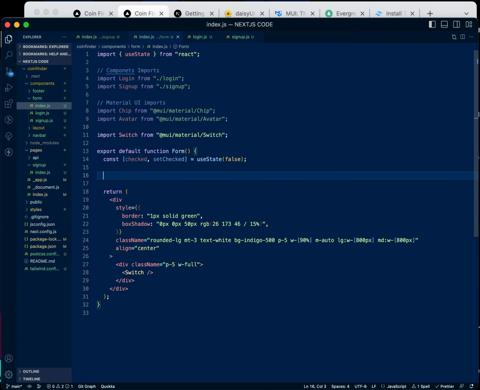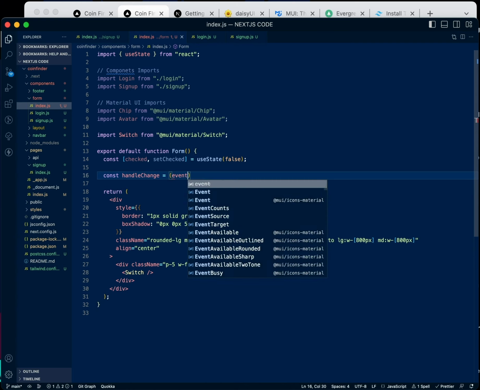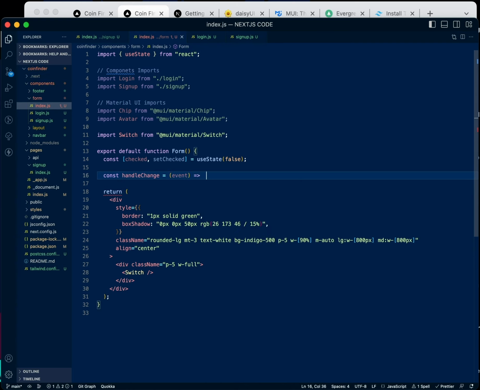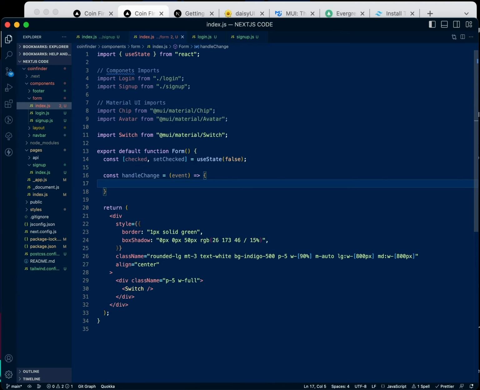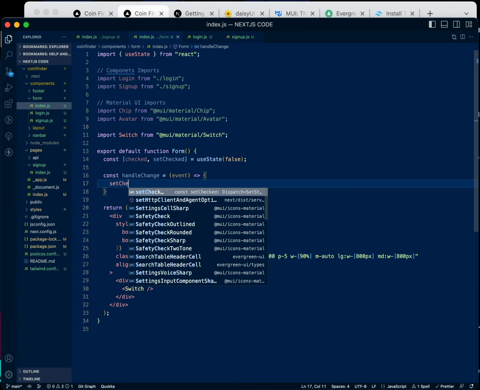The default is going to be false at first. We're going to create a handleChange event. This will be the function to change this false into true. So when you click on it, it changes to false and true, and changes from login to register, login to register. Very simple. So this is just going to set the checked